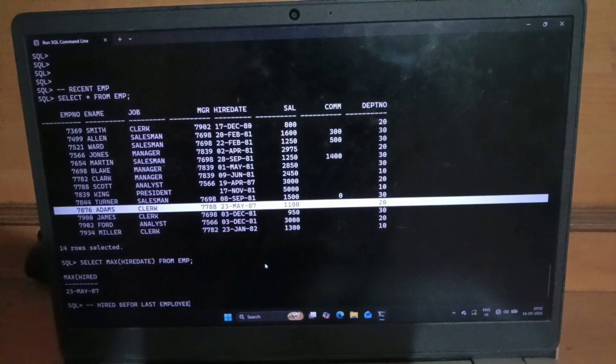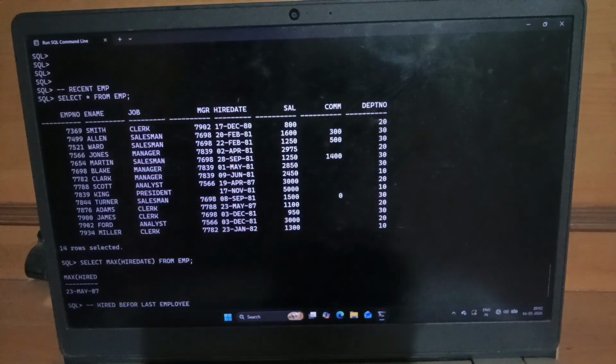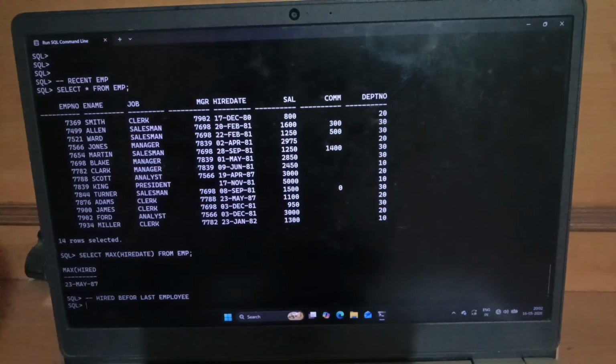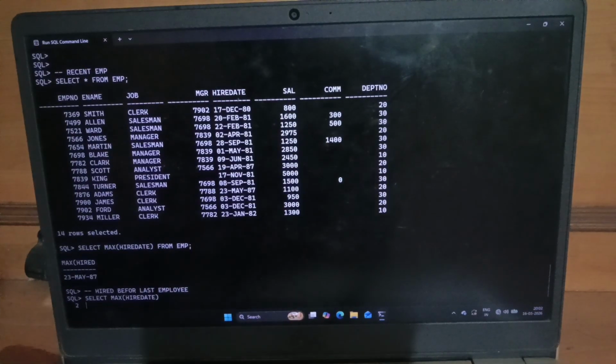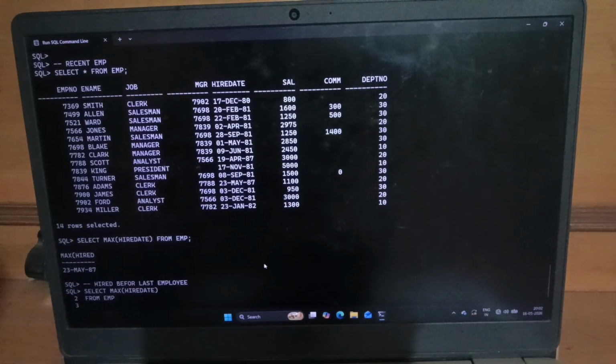And what I want to know is its name. First of all, last employee is 23rd May 87. So I need to know the second last person. First let's see what output I want. Select max of hire date. See, hired first, hired initially, that time the minimum function will work. Select max of hire date from EMP where